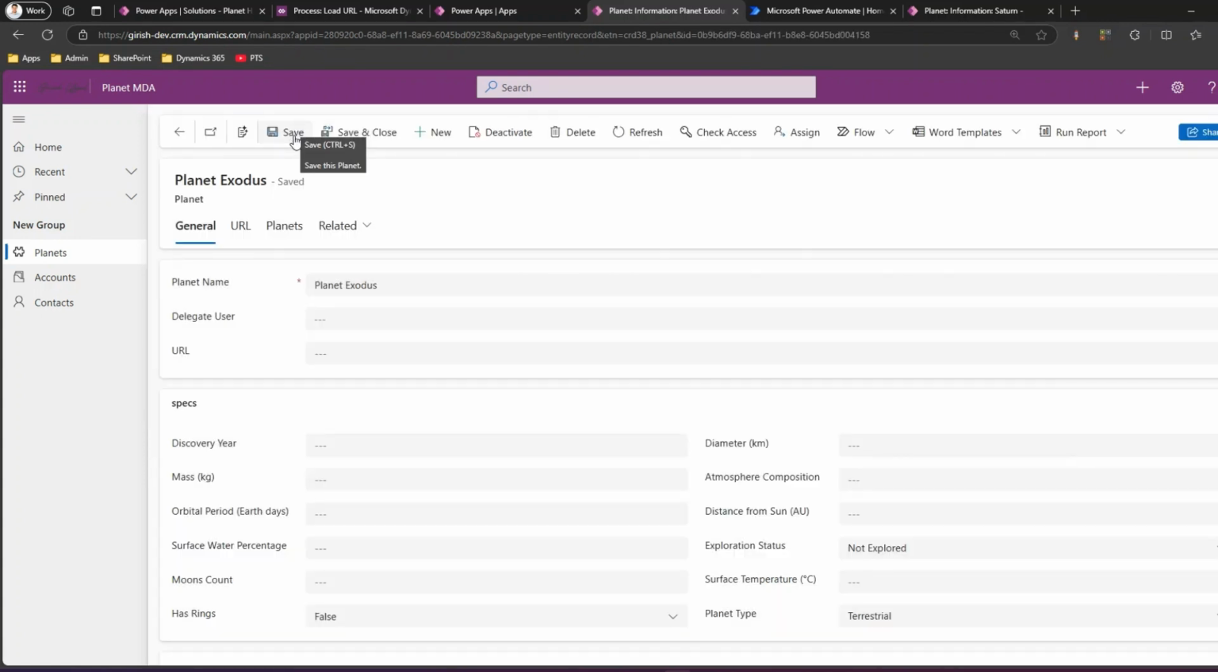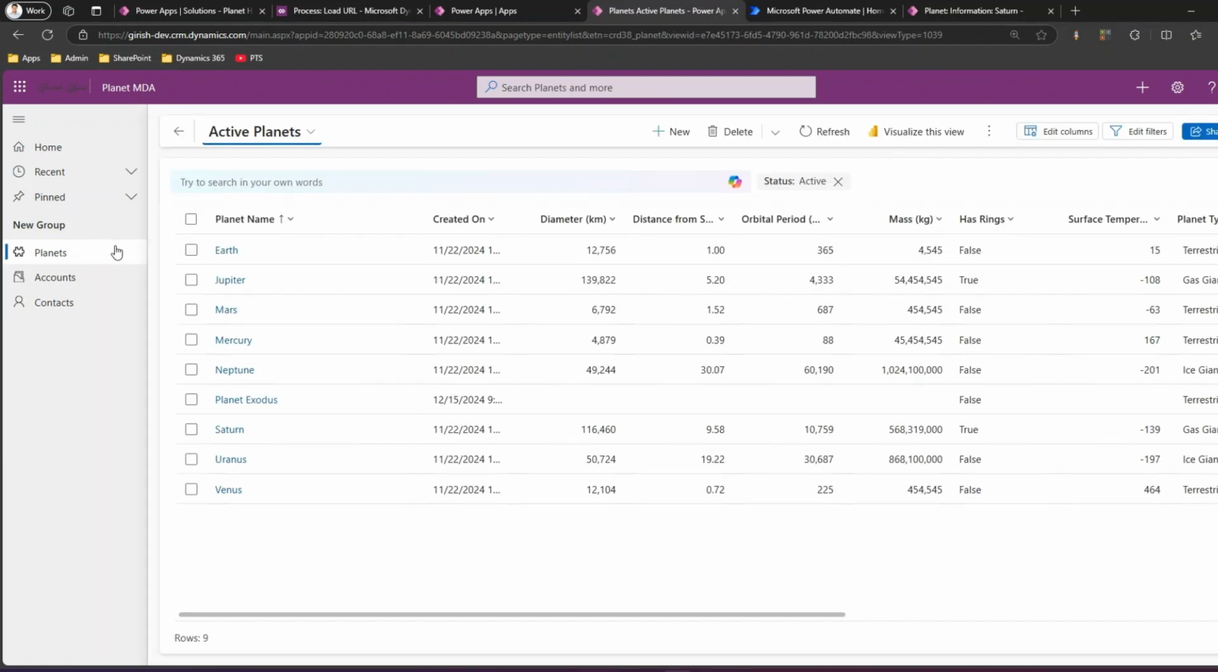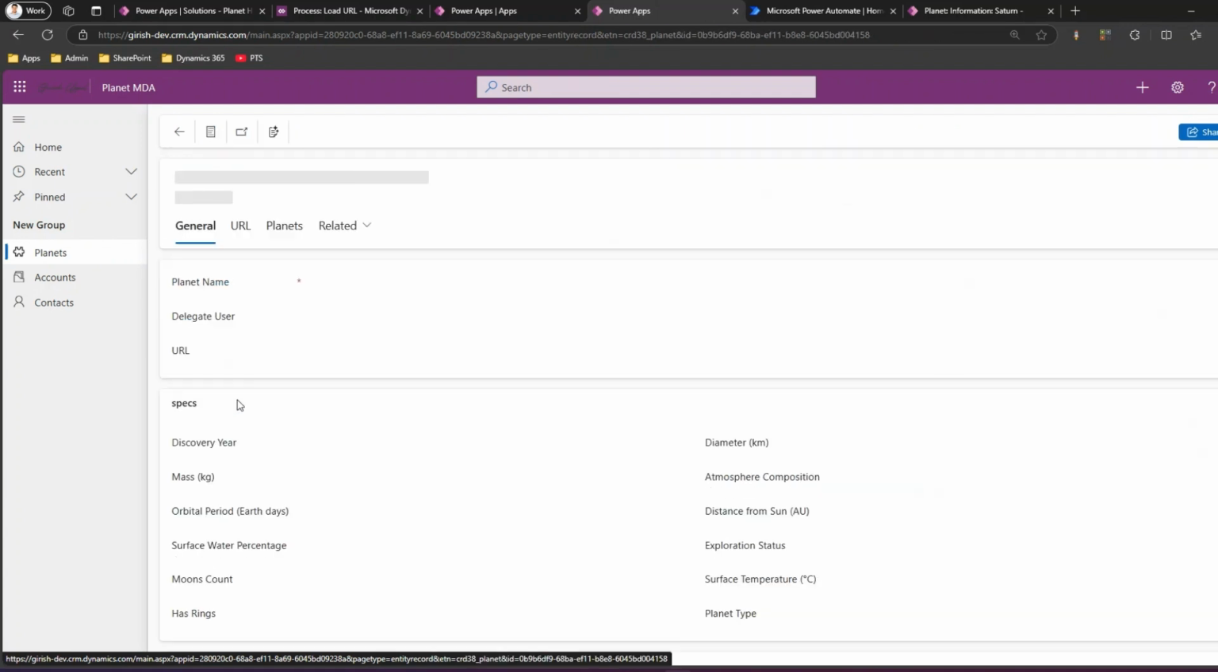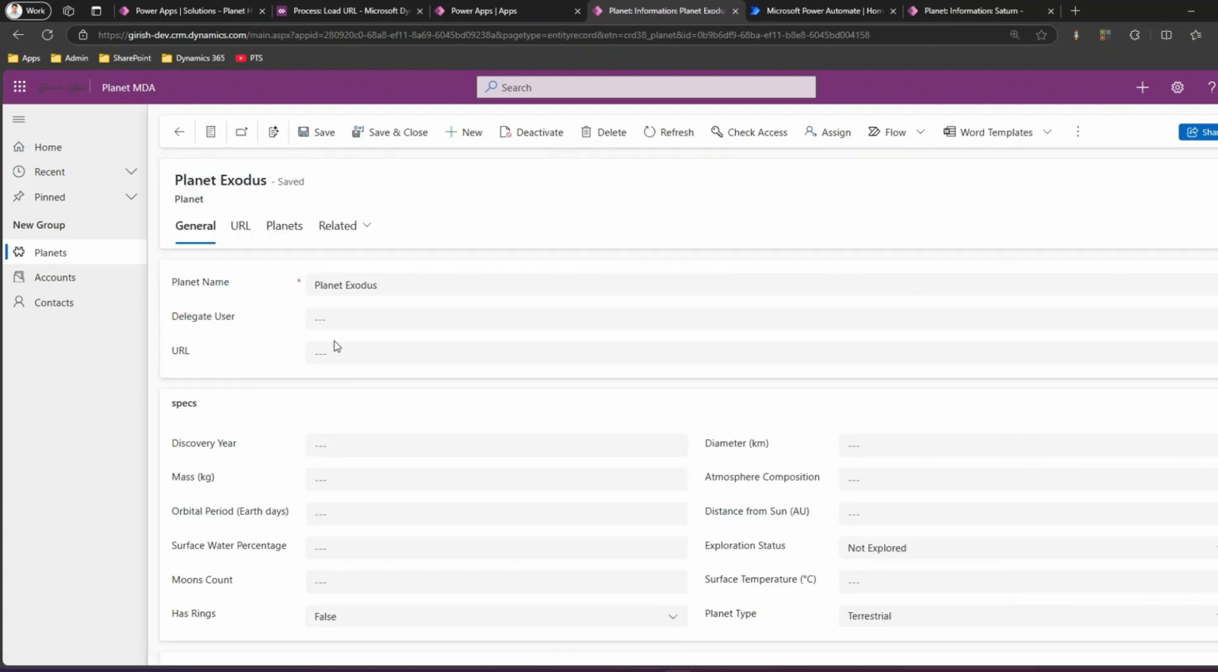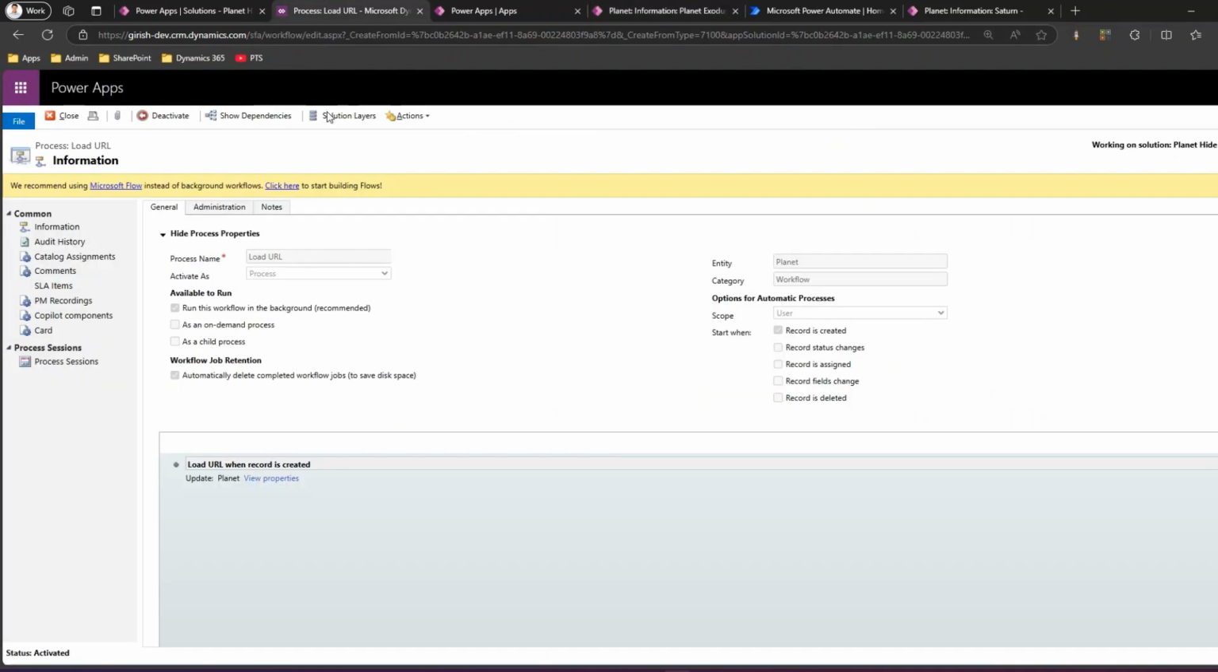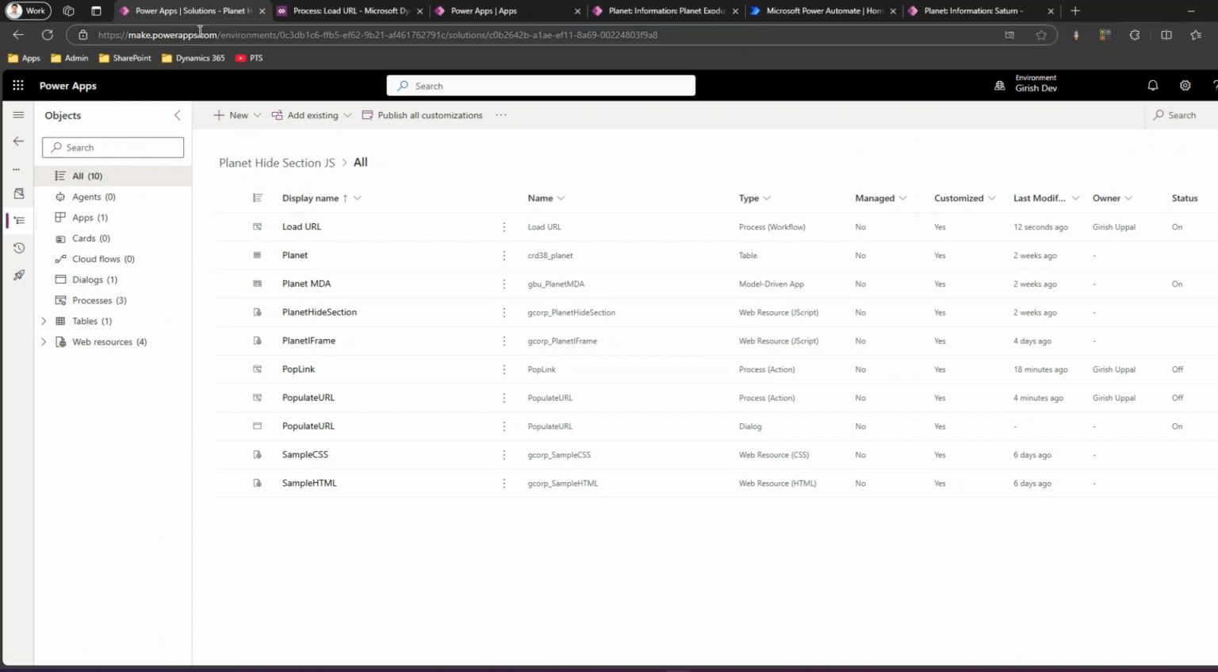Now once I save, in the background the process will run, and then it will start assigning the URL. So if I just click on refresh, it might take some time for that workflow process to run, but let me go back to the Planet Exodus. Then it should automatically populate the URL. Now if it doesn't populate, then what we need to do is go ahead and check what has happened. But in this case, make sure that this load URL process which you have created,